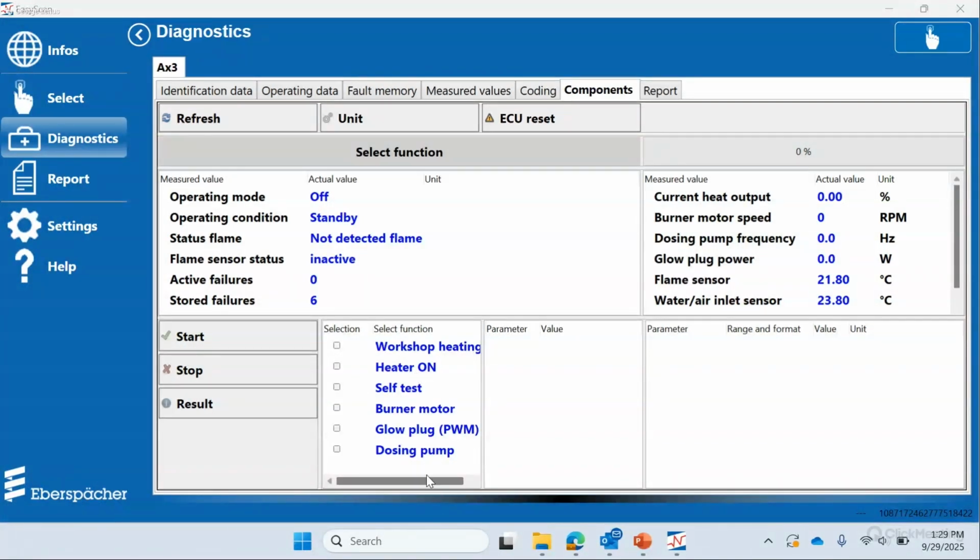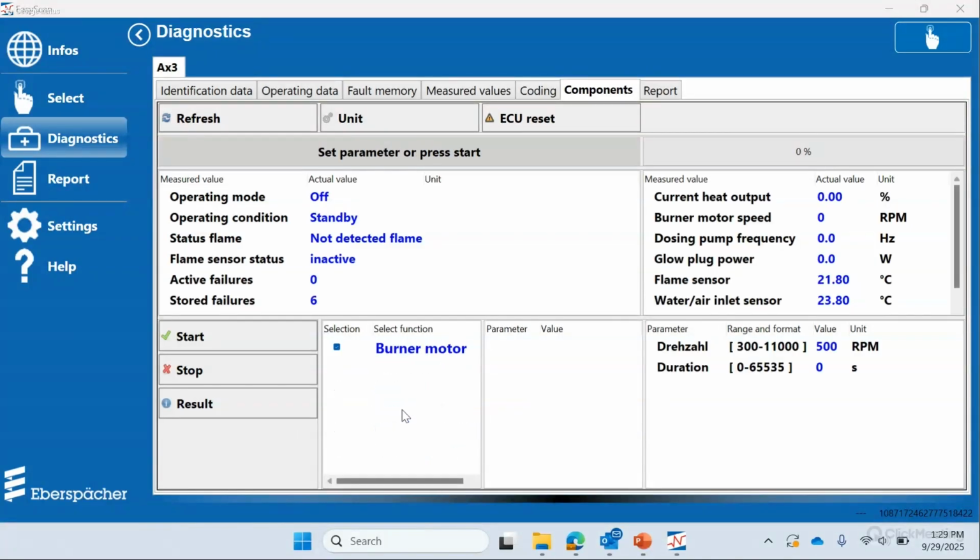And if you would like to test run the heater, but modify some of the parameters temporarily, then you would use the workshop heating option. Each of these functions is meant for a specific purpose. So for example, if I select the burner motor,